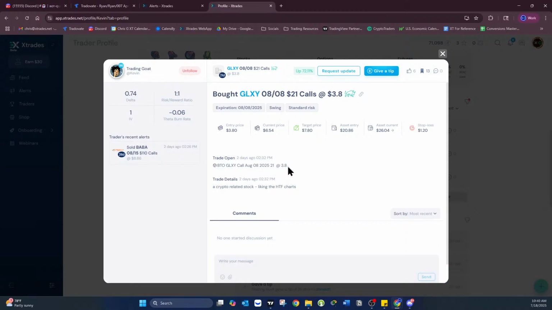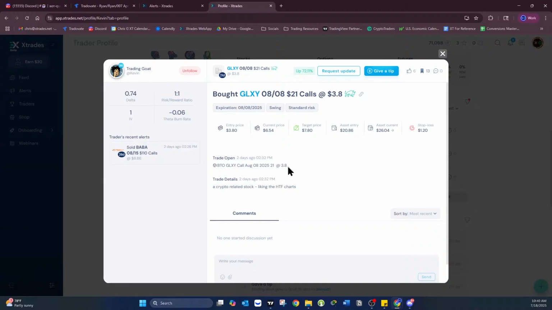Steve, does that make sense? It's not really delayed. It's more about following him. If you have the mobile app on your phone, you go to any trader's profile, right? I go to Kevin, right? And I press this little toggle button right here. I don't know why I had that off. Probably was testing it with people and forgot to turn it on. But if you press this little toggle button, it says it right there. Receive push notifications on your phone for alerts by this trader.